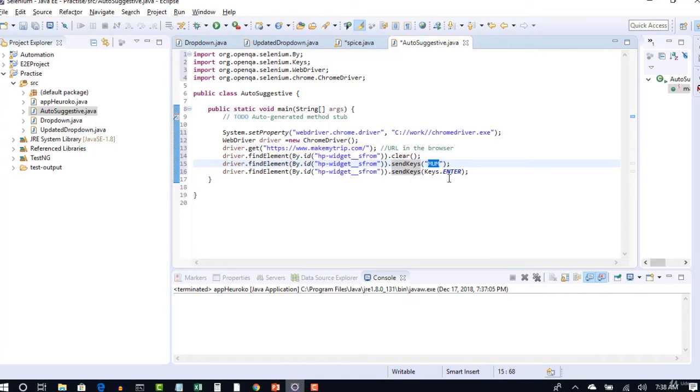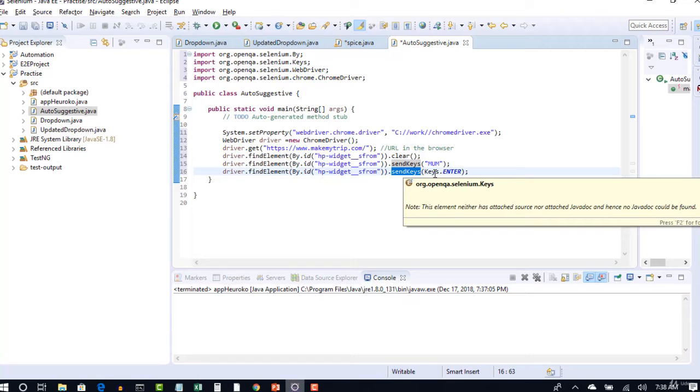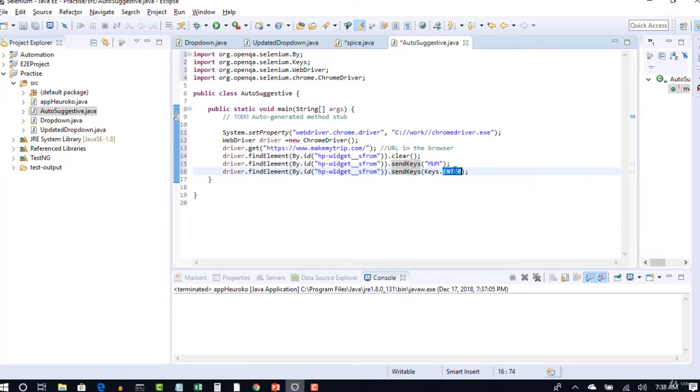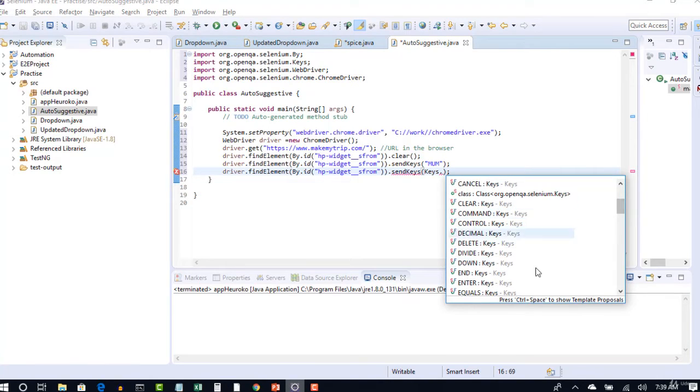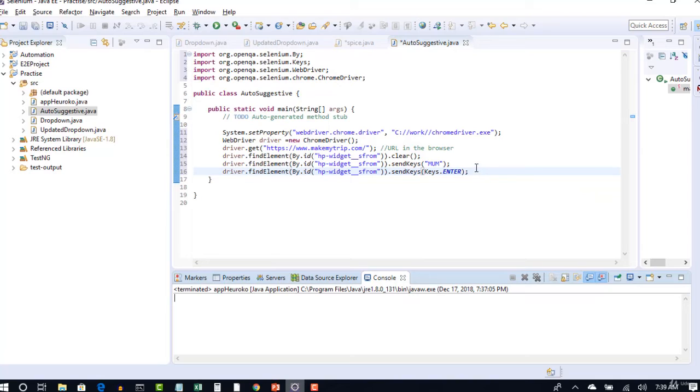If you want to type enter through your keyboard, again you have to use same send keys, but for keys you have to type keys dot, because this is a method which is given by Selenium to select any key like Alt, arrow down, arrow left, backspace, cancel, a lot of methods available to handle keys. So simply we have to go here, enter, and that's it.